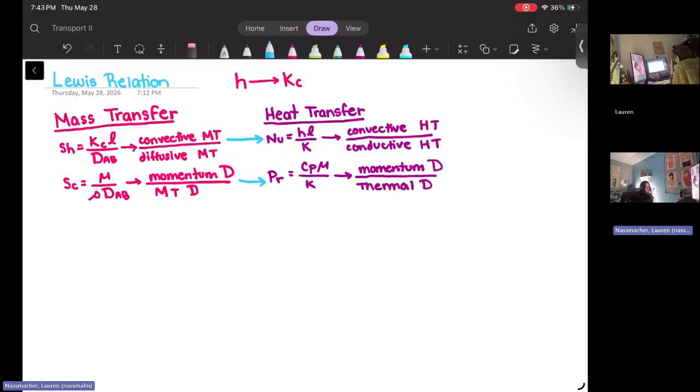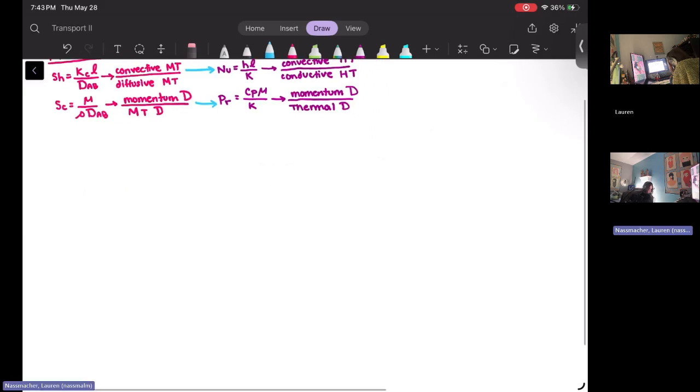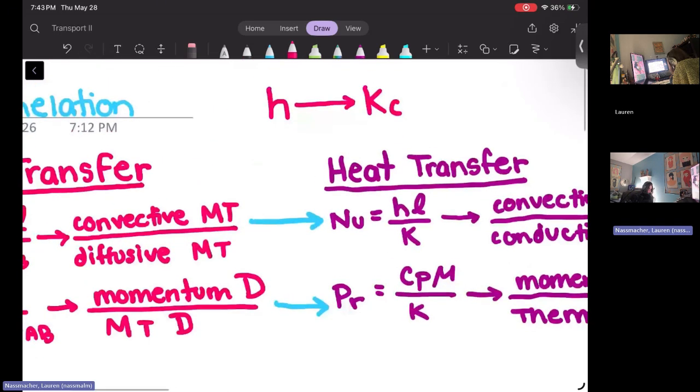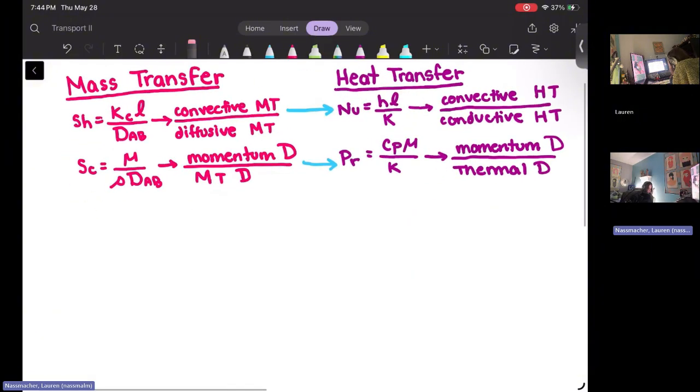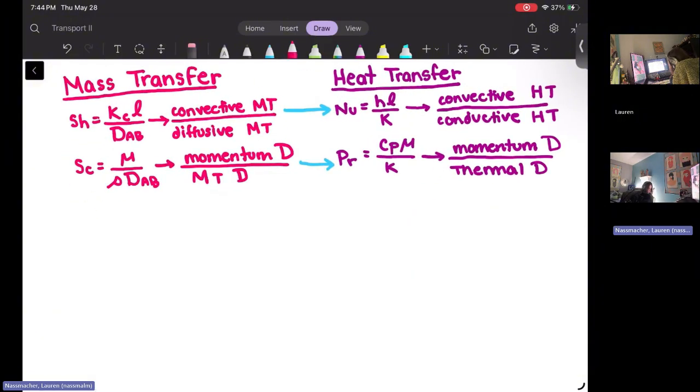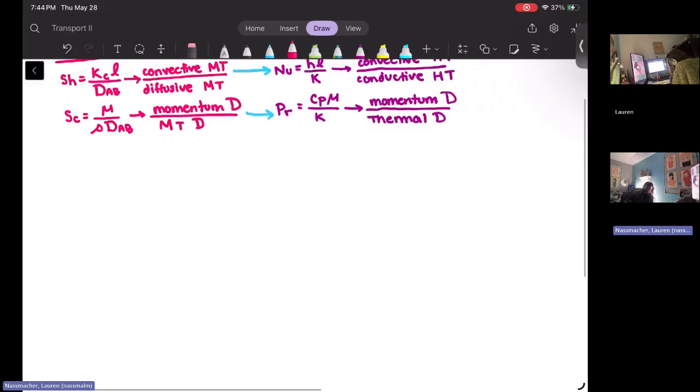So we can create a ratio between our Sherwood and our Nusselt number because we want to make a relation between our heat transfer coefficient and our mass transfer coefficient. And both our Sherwood and our Nusselt number have those two variables. So we take our Sherwood divided by our Nusselt number, and we get,